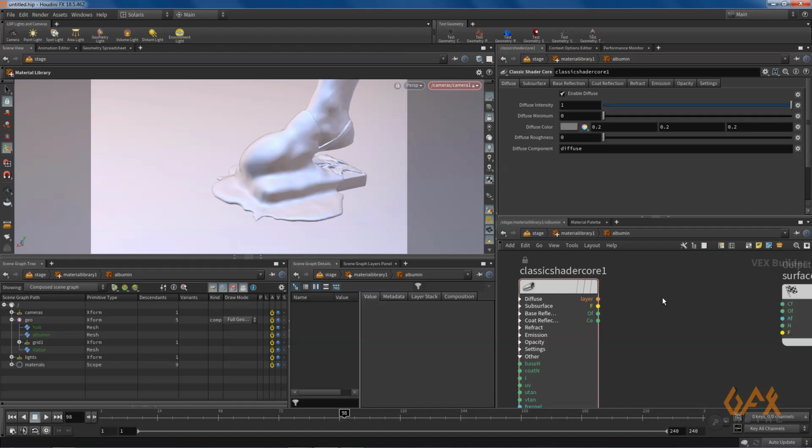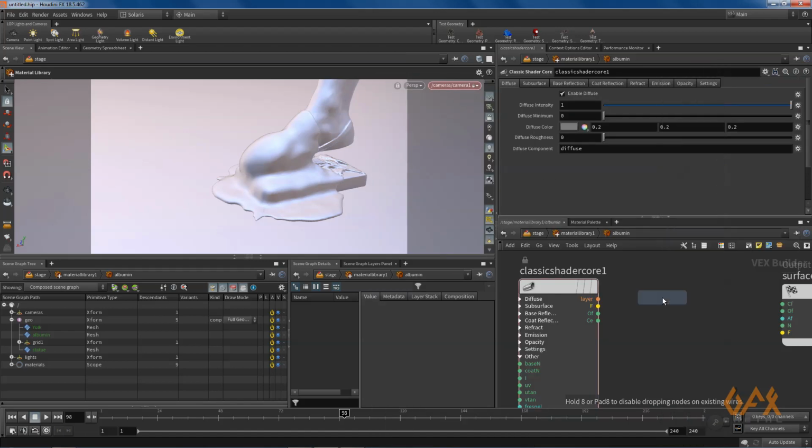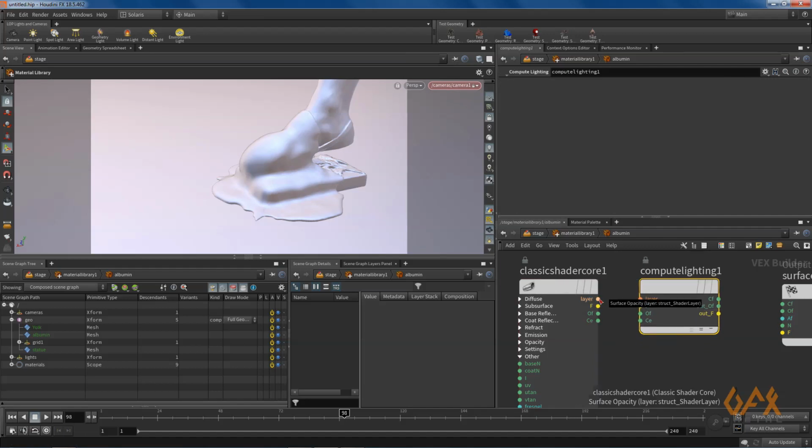Okay, I need one more, that is compute lighting. I set it like this, layer to layer, for the surface color. Yes, this is the surface bidirectional scattering distribution function.